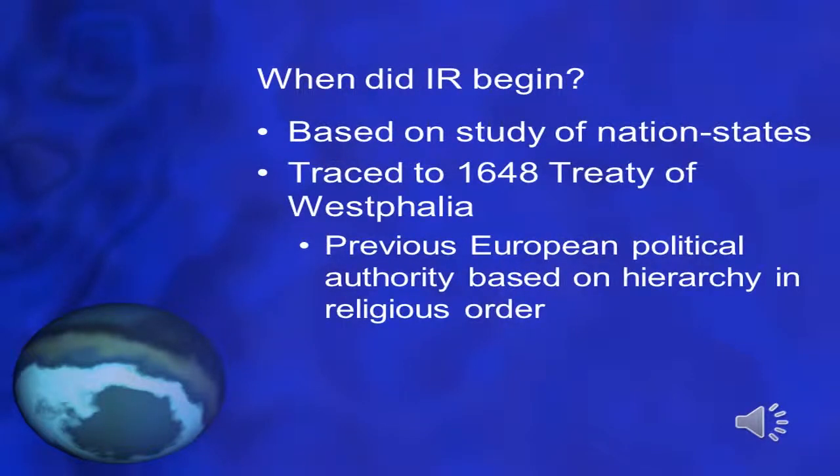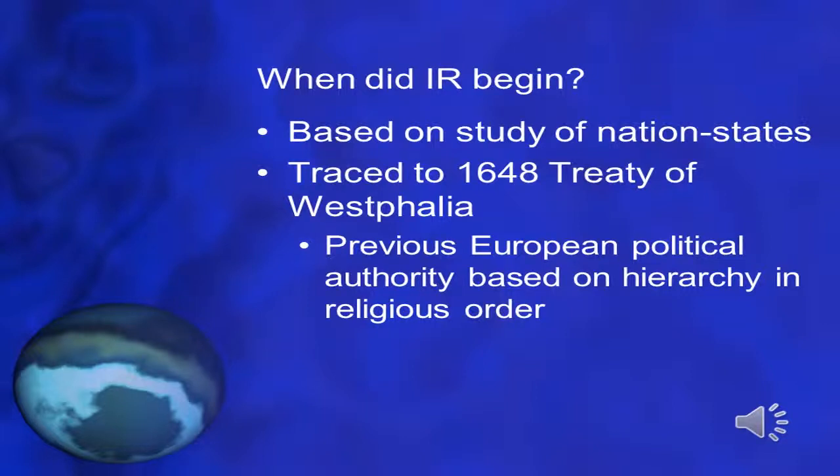One asks themselves, when did international relations begin? When did this study begin? We can really trace it back all the way through history, but for the most part, in the modern world, we're going to look at the Peace of Westphalia, which ended the 30 Years' War in 1648, where the modern state system was developed. Prior to this, European medieval organization of political authority was based on a vague hierarchical religious order, as well as royalty and kings. Westphalia instituted the concept of sovereignty, which meant that rulers or legitimate sovereigns had no internal equals within a defined territory and no external superiors as the ultimate authority within that territory's sovereign borders.